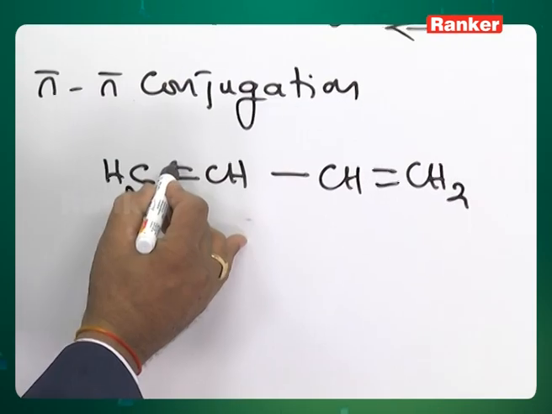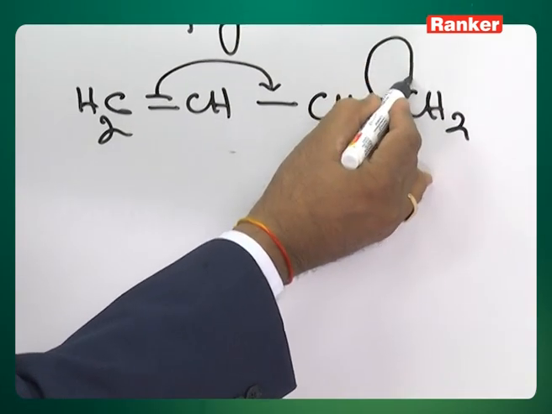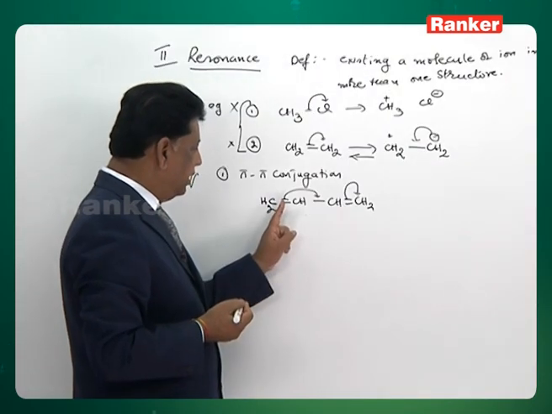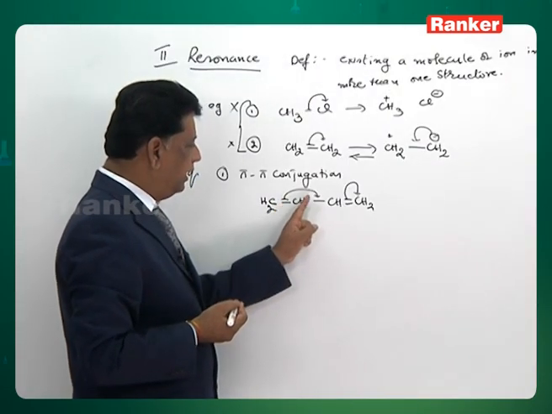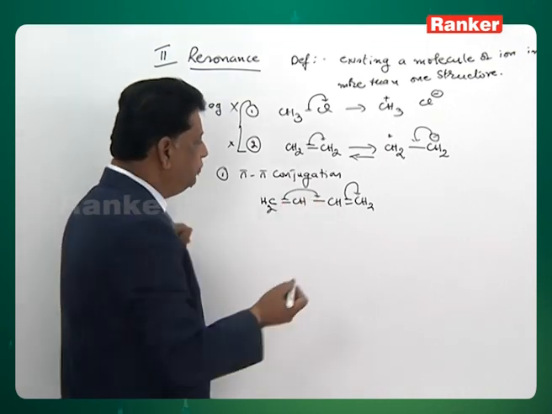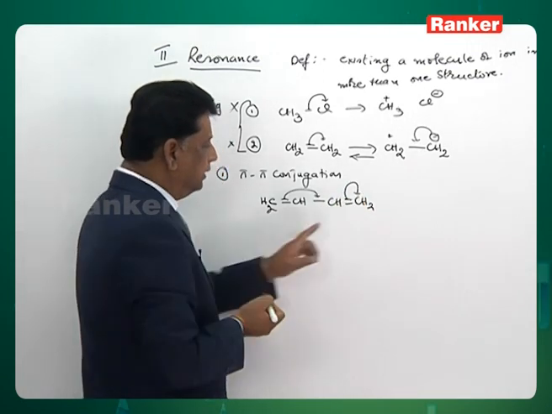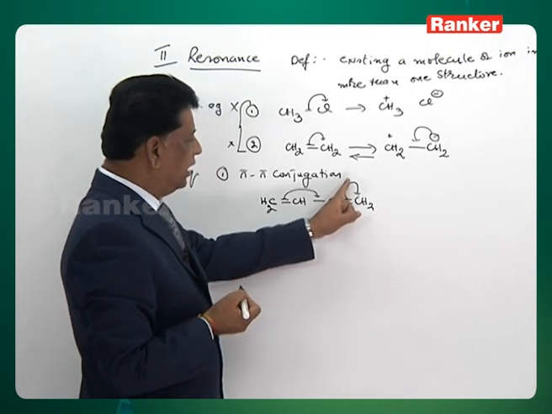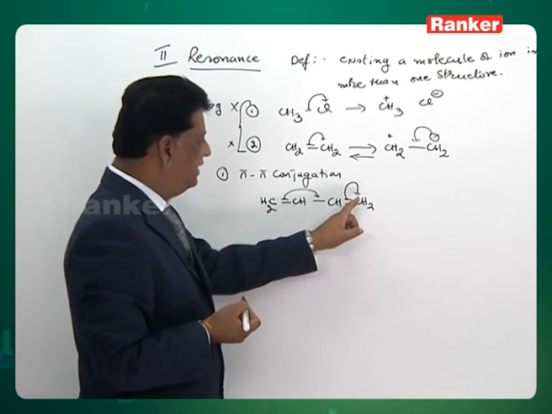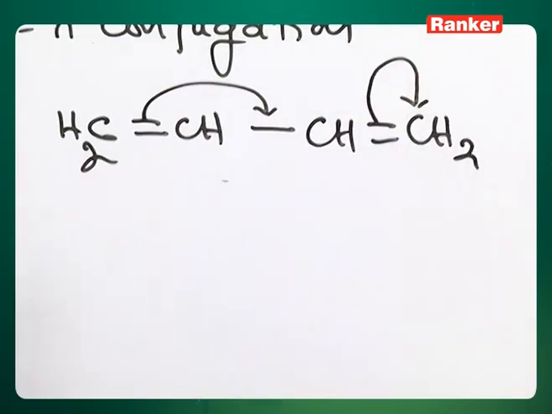Now, this pi bond, 2 electrons will be coming here to make a pi bond. These 2 electrons will go to the carbon. See, carefully observe the arrows. One arrow started from the pi bond and ended on the sigma bond. That means these 2 electrons are shifted to here. You can use a big loop, but where it is started and where it is ended, you have to show precisely. These 2 electrons are shifted.